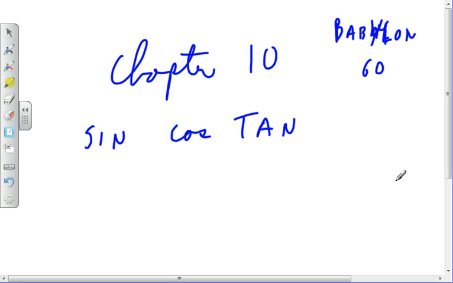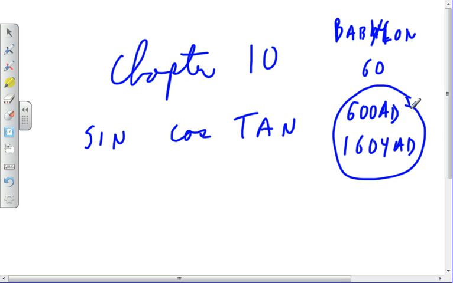And during the Middle Ages, between 600 or so AD and the time of Newton, 1604 or something, the one with the apple, right? The one that dropped it, now they eat it. Who had better math? The Chinese,